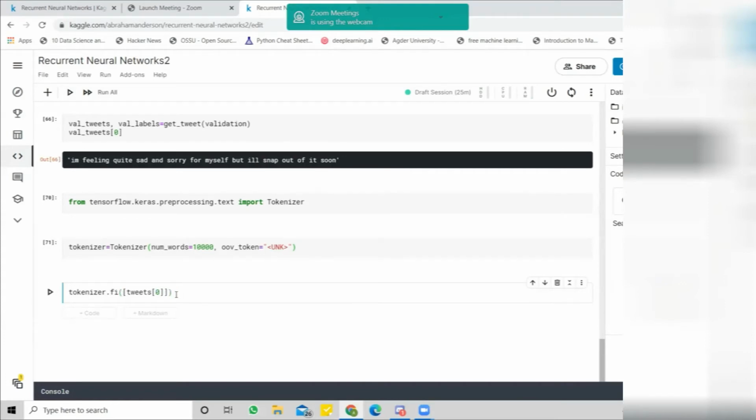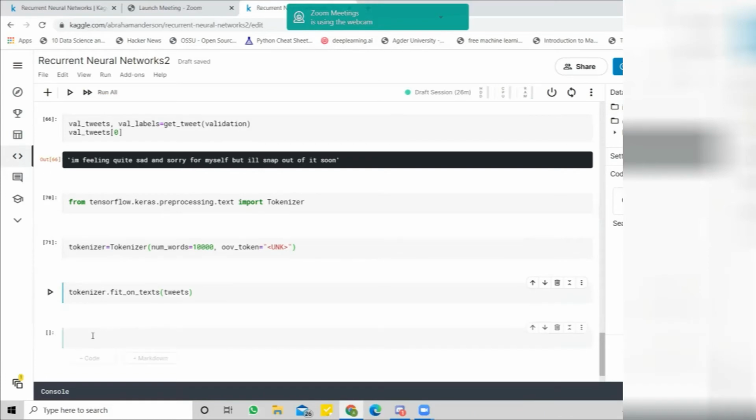First, we will fit. Without fitting, we try to transform the data. It's not possible. So first of all, this tokenizer object should see what kinds of data we have, and our tweets, right?